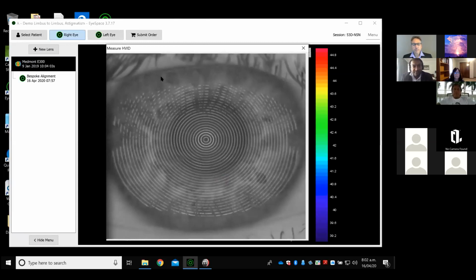Very cool. Yeah, that's a really good point there, Charles. If I had a pupil of this size, I would just leave it at default settings. If I had a younger patient who had quite a large pupil, and let's say they were indicated for